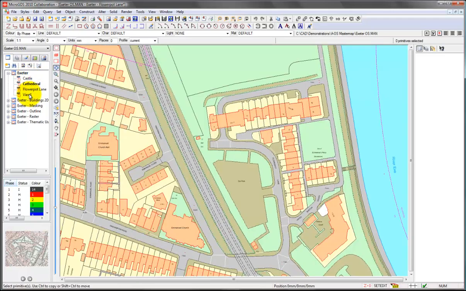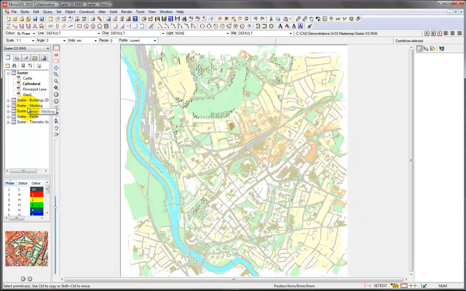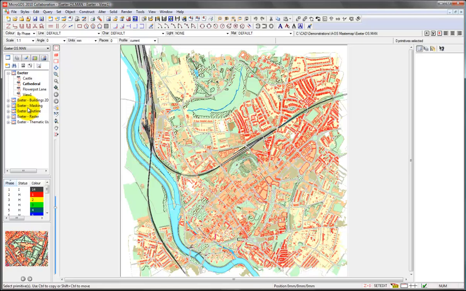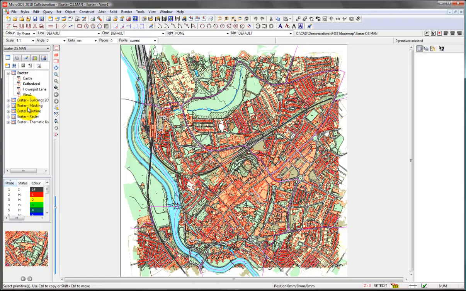View I've set up here of the Flower Pot Lane area, and another one here which is the whole of the main tile area. As you can see, MicroGDS is handling large amounts of data very efficiently. If you need even larger extents, you can bring the data into your file or into the project if you're working in a multi-user project, or you can choose to have